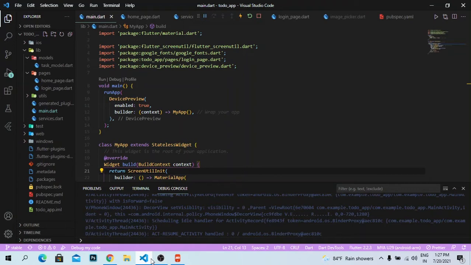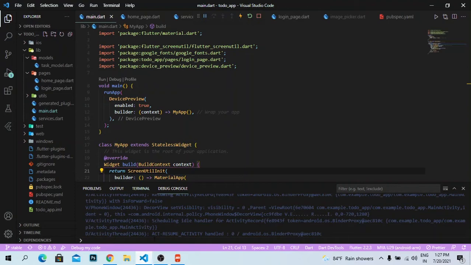If you are making layouts for many screen sizes or in a production level app, you need to check the responsiveness of the app, whether it is working fine in various devices or not. So for that you need to check on different mobile devices, different emulators. For that you need to install different emulators on your machine. So to minimize this you can use one package simply, and the name of the package is device preview.